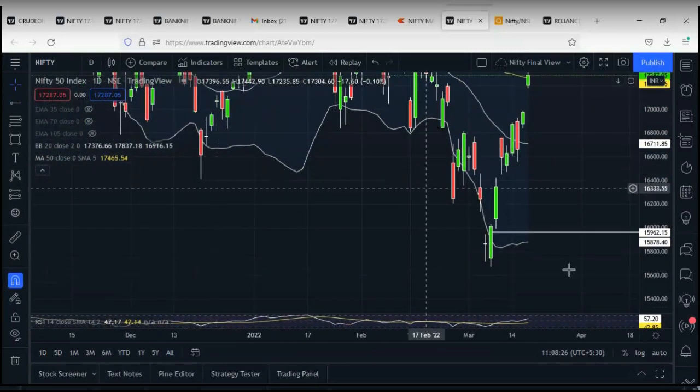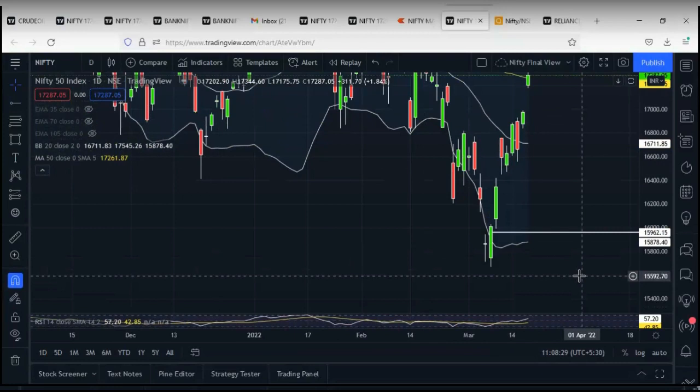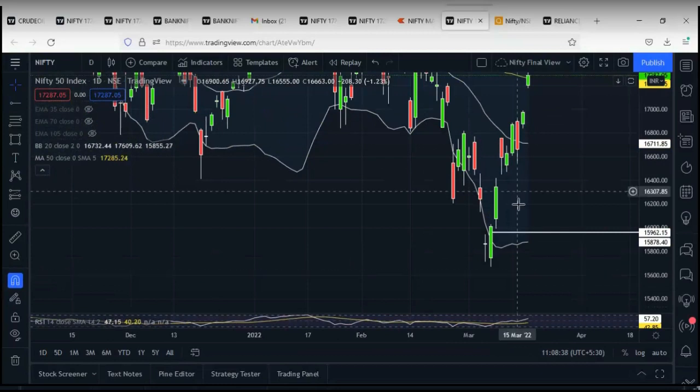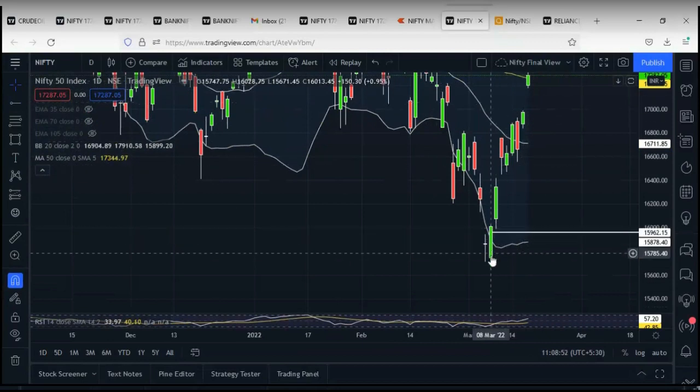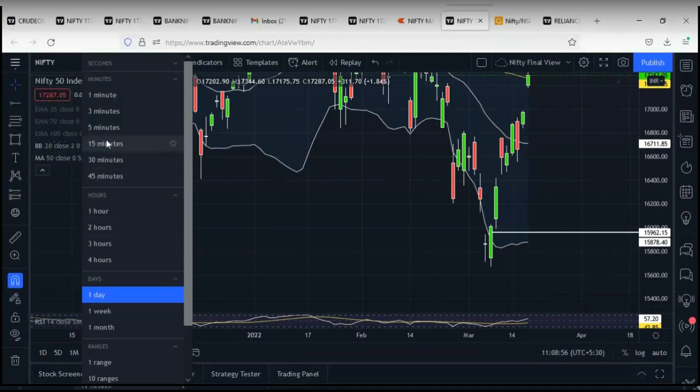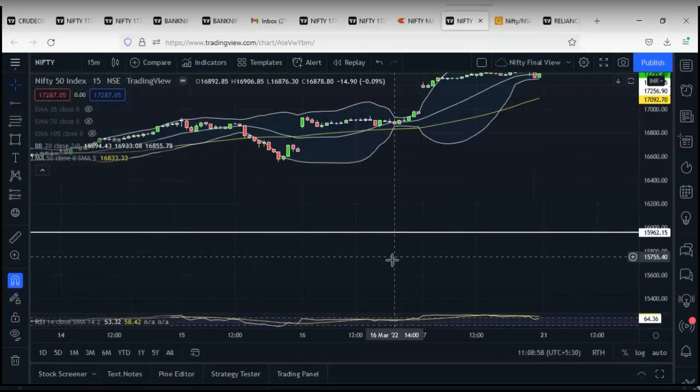On the daily chart it was down, what else do you need? It is already lower, traded below the lower Bollinger Band, and it is above the Bollinger Band now, right? So when you are getting entry on 15 minutes, I am looking at the daily to see where it is, whether it is above or below; that also you have to see, right? If it is above on daily, then it is risky to take that entry for long, right? Here, the candle is at the lower Bollinger Band, and on the 15 minutes time frame, it is very clearly telling us